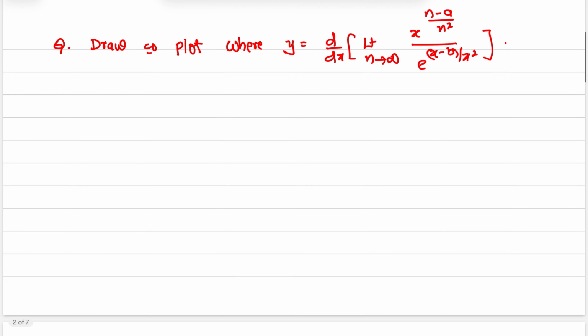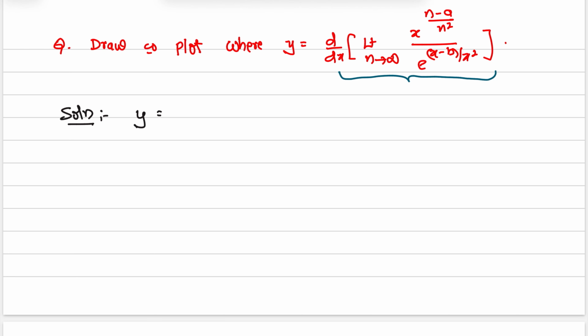This is what last class example we have to plot. Last class question we have done up to derivation of this to find y, and we have not proceeded for the plotting. In this lecture we will be proceeding for the plotting. Solution: